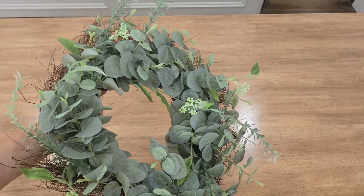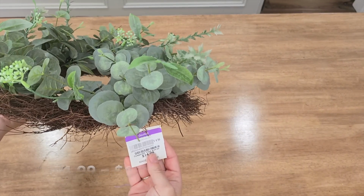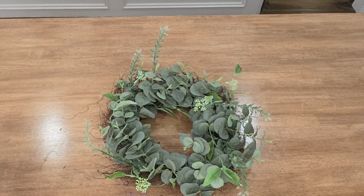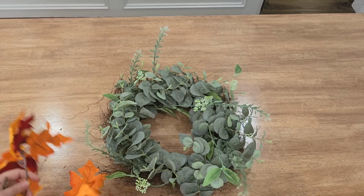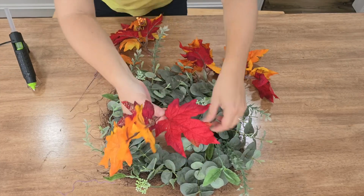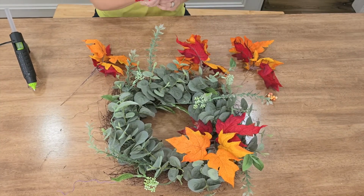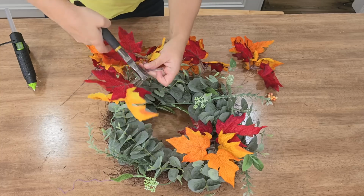This eucalyptus wreath was a great find. Usually they're more expensive at the thrift store than this, and I think it's great savings compared to buying it new. We're going to modify it using these leaves that I got from the Goodwill bins. I just ripped them off of a wreath that was at the Goodwill bins that I didn't really like the rest of. So I just pulled off what I wanted and spent probably less than $1 to buy these